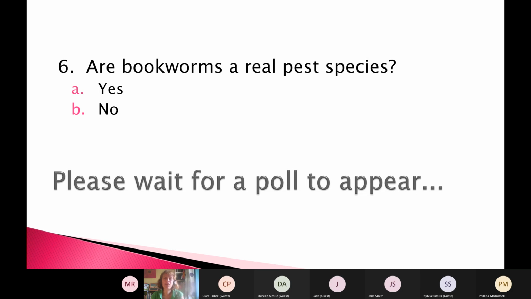So the official answer to this is that no, bookworms aren't a real pest species, as in being an individual species. You will sometimes come across the term bookworm used, though, in terms of any insect that eats books. So it won't be an individual species, but some people might find holes in a book and say, oh, that was caused by a bookworm. But actually, they aren't a real pest species. And we don't tend to use the term professionally because we'd much rather try and figure out exactly which pest it is and try and work out whether it might have come from